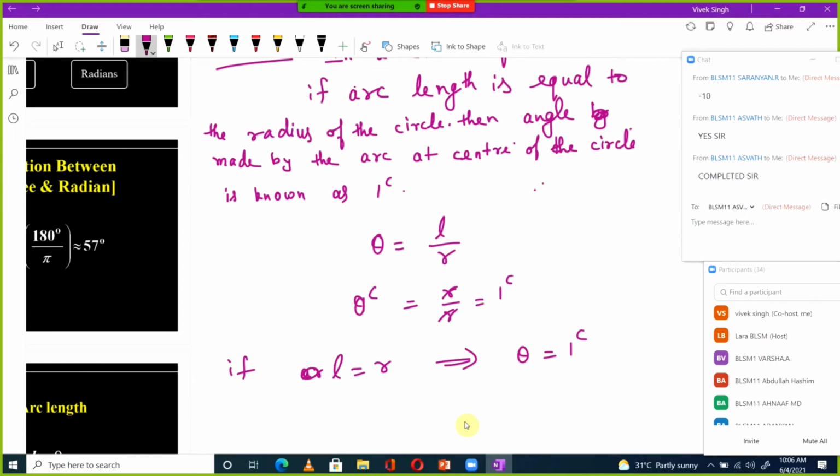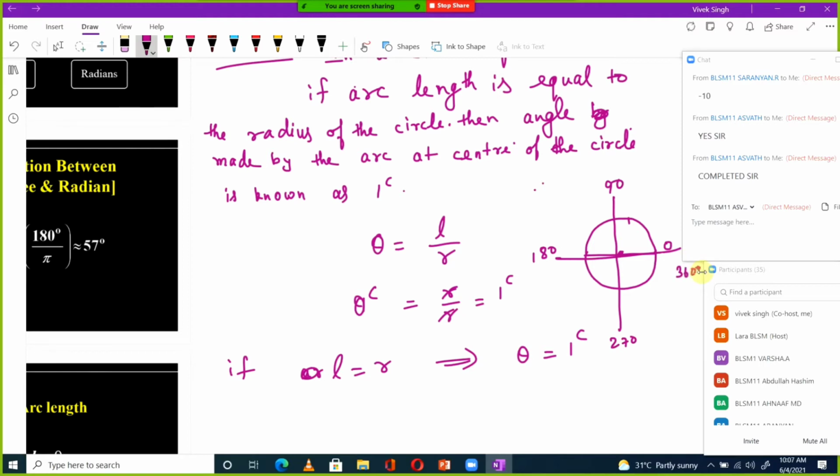So what if theta is equal to 2 pi? 2 pi means what? Or let's say I write 360 degree. 360 degree means a full circle. If you start from here and move, this angle will be 180. So the full angle will be 360. Hope you know that in one circle, the total angle is 360. If you start from 0, here you will get 90, here 180, here 270, and here 360.